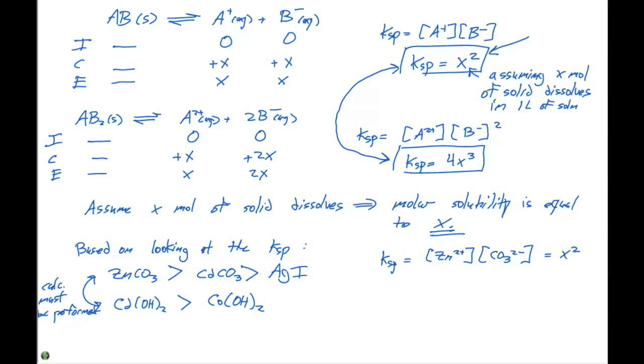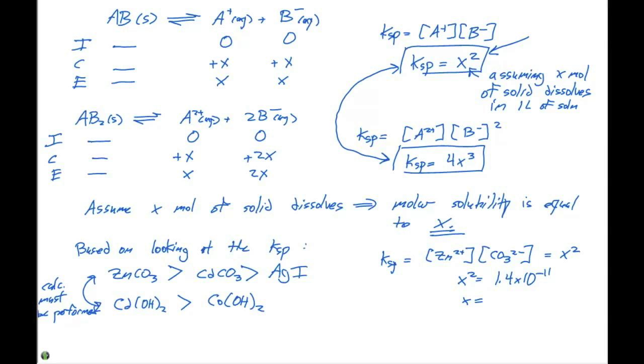The listed KSP is going to be 1.4 times 10 to the minus 11. So our x squared is going to be 1.4 times 10 to the minus 11,